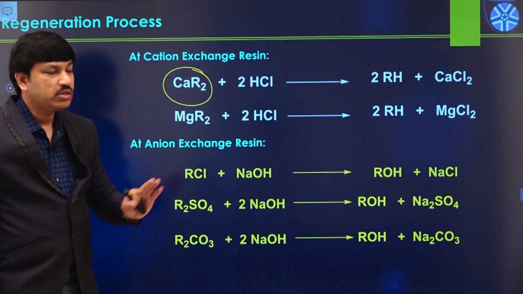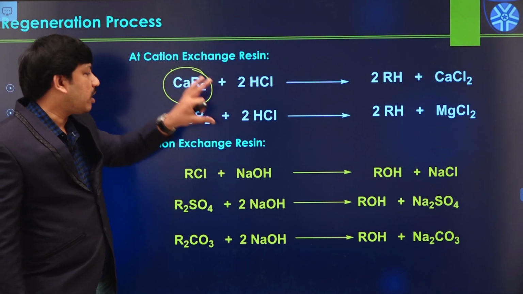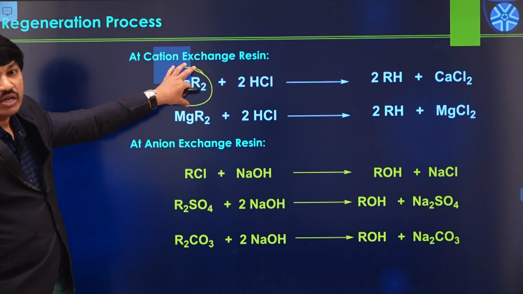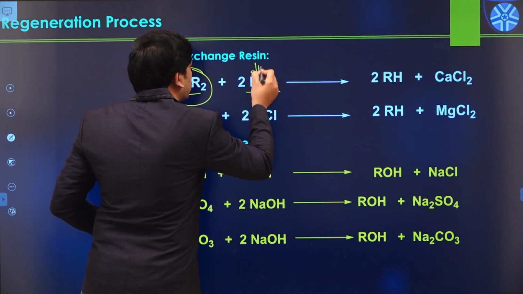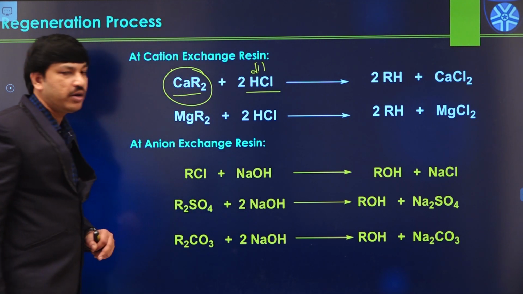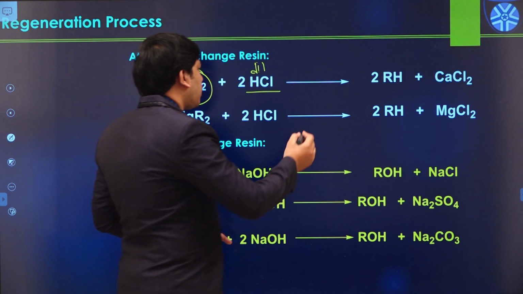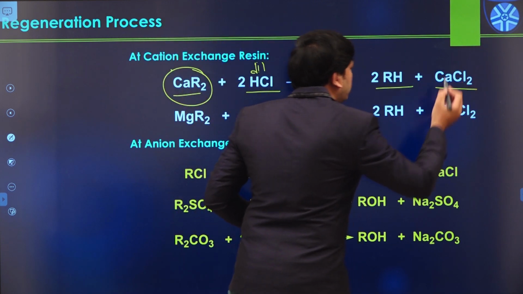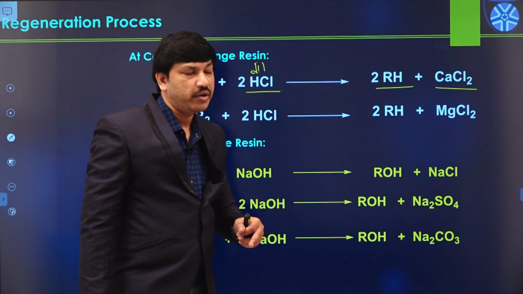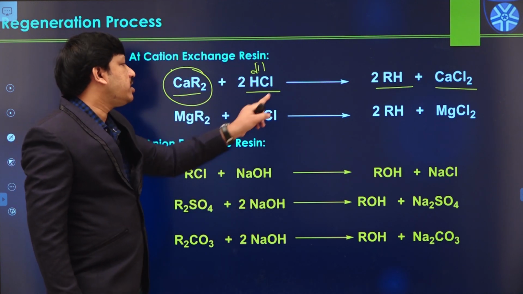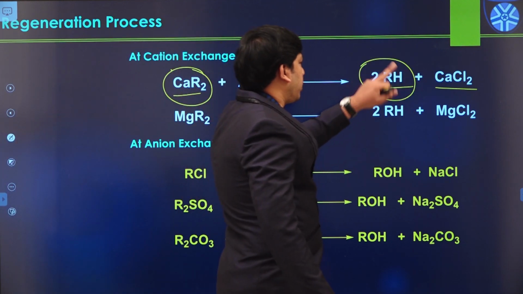Calcium R2. That means this is actually calcium resin. The resin surface is completely occupied by calcium ions like this. So now this resin, if we provide dilute HCl solution, hydrochloric acid solution, again there is a formation of RH like this, and there is a formation of calcium chloride like this. It is easily soluble in the water medium. So like this, by using dilute HCl, we can regenerate the corresponding resin in this manner.